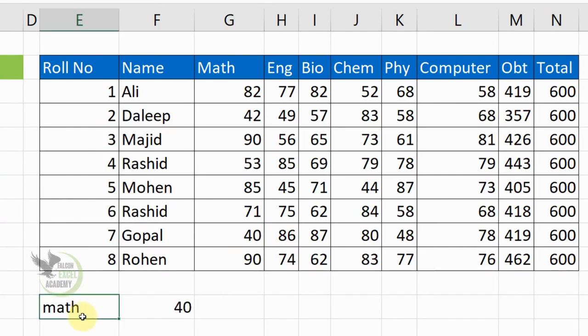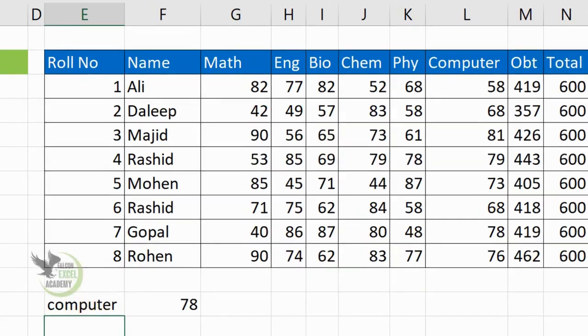See, the marks for math will be displayed here. If you type physics, then the marks for physics will be shown. If we type computer, then the marks for computer will be displayed here. Secondly, by using HLOOKUP, you can also search for any result data, and next, we will talk about the XLOOKUP